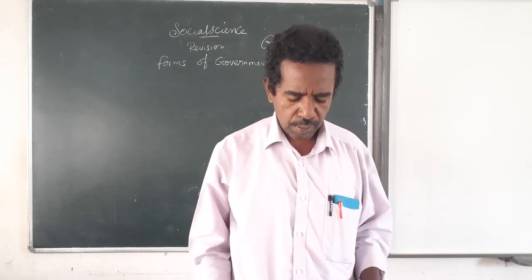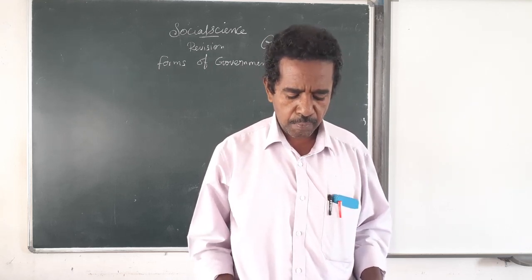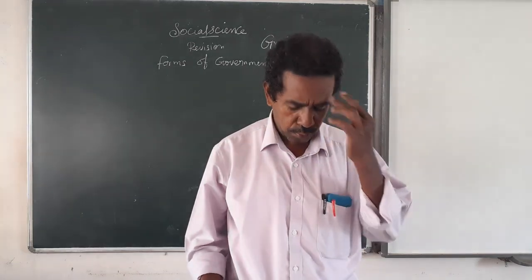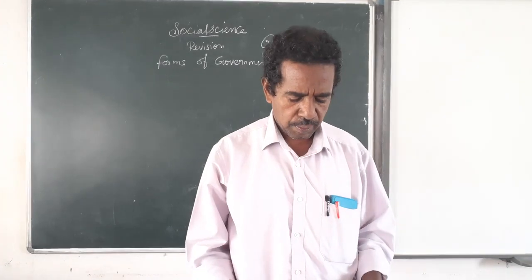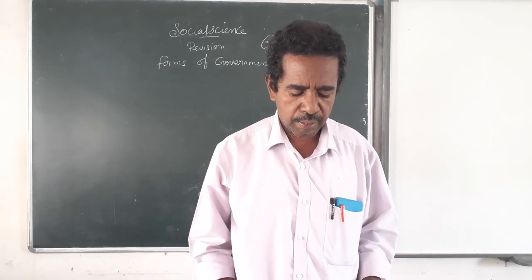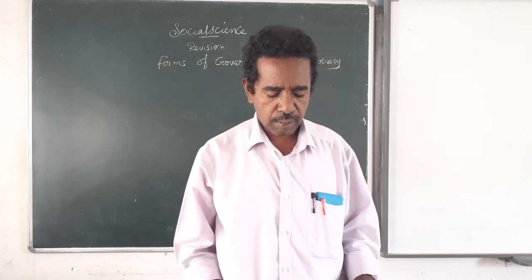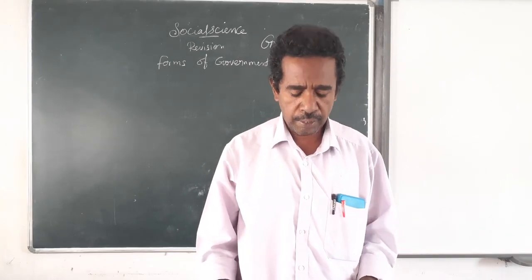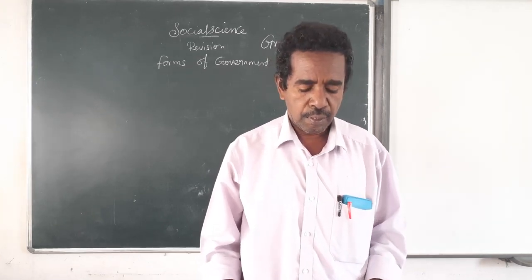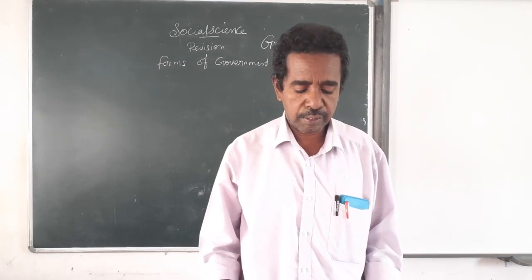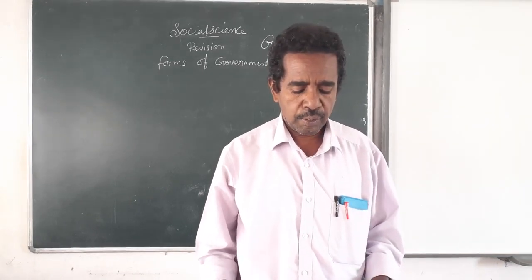First one, what are the challenges to Indian democracy? Explain. Challenges, page number 242. Right hand side, the first para, last line. The various aspects of democracy and its challenges are about eight challenges. What challenges is independent India facing? Illiteracy, those who are unable to read and write. Poverty, people who are